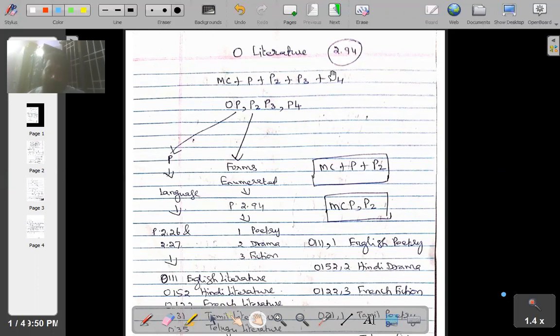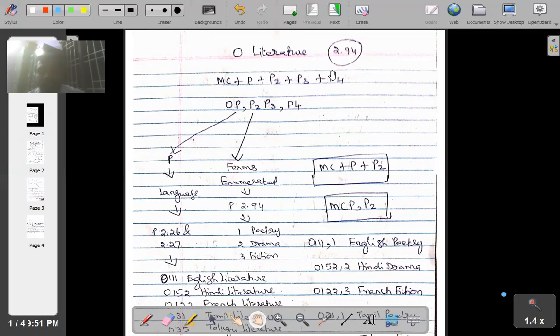And the second one is, what is the form? So you say Tamil language, or English, or French, or Spanish literature, any literature. But what is the form? Whether the book you have in your hands is a poem, a prose, or a drama. So what kind of form is this? That is the second question. And the third question is the author. Who is the author who has produced this particular book? Who is the brain behind the creation of this beautiful literary work? You need to identify the author.